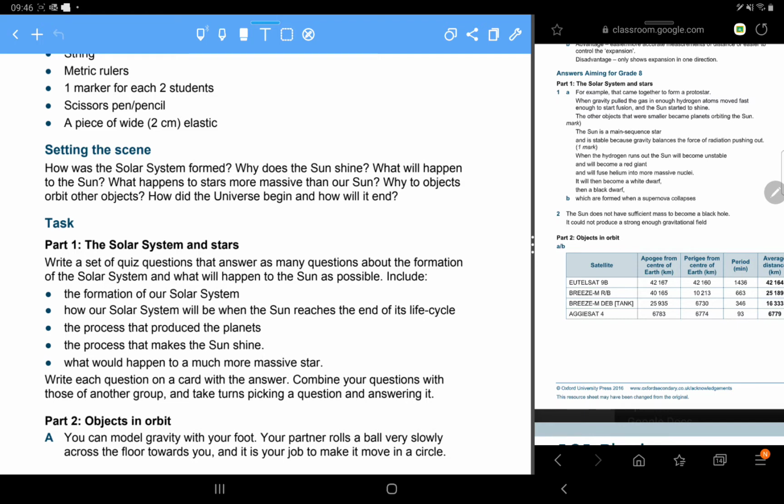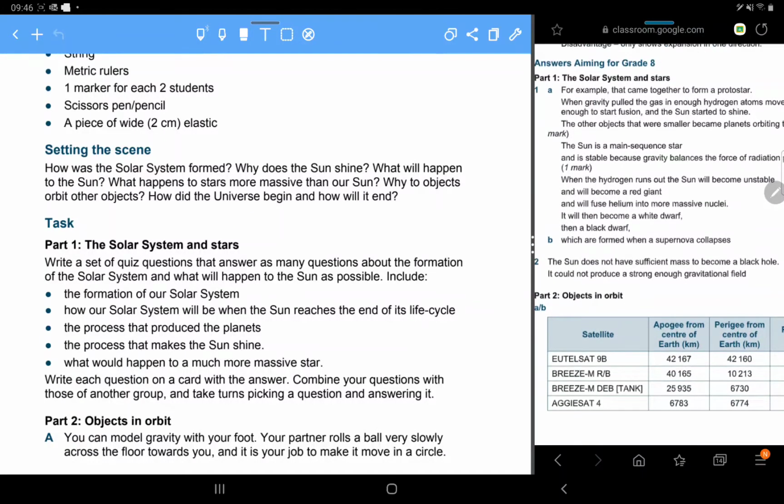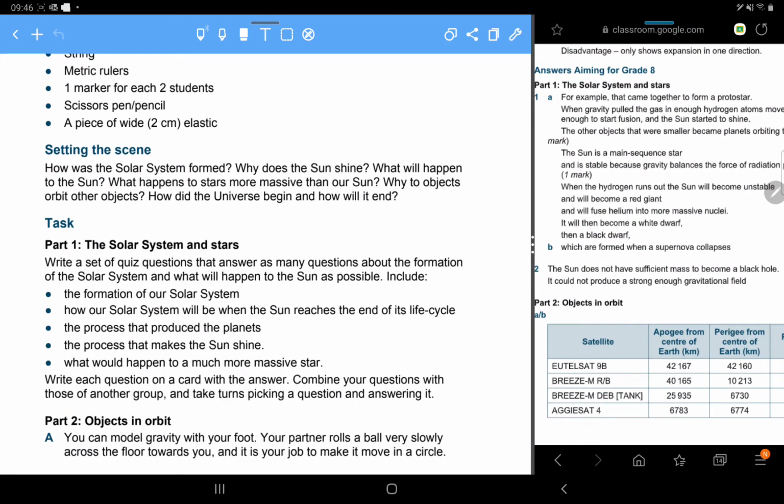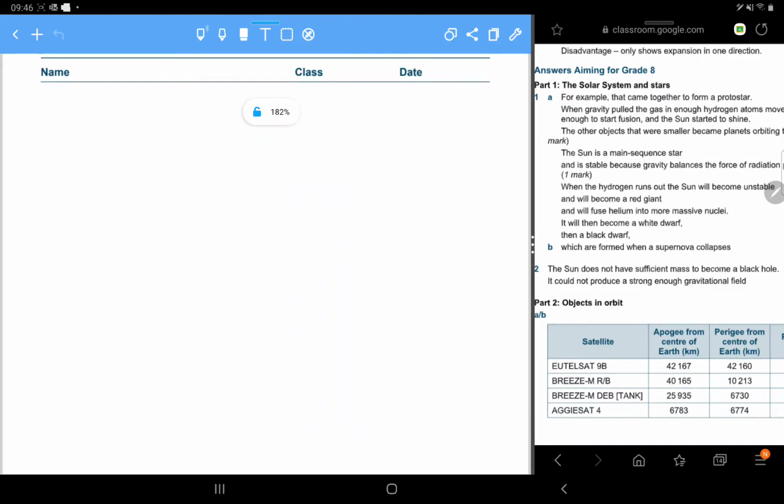So you can see here on the right hand side you've got some examples of the kind of questions and answers you might have. So for example, they came together to form a protostar. So let's just go through this process of how this happened, and then you can just double check that you are okay based upon these questions. So if we go back to a blank sheet here,